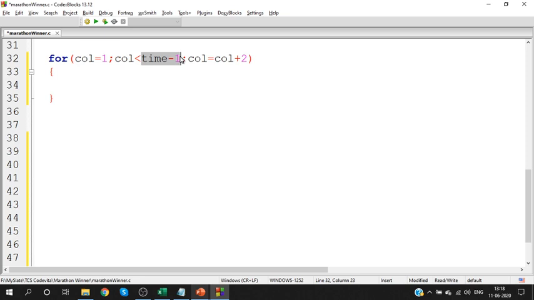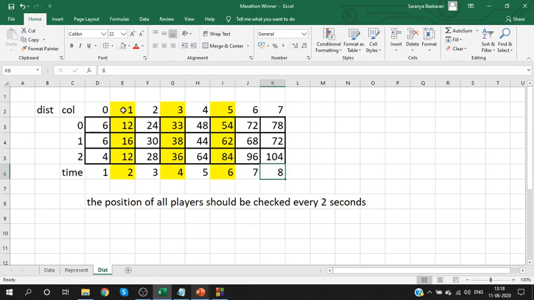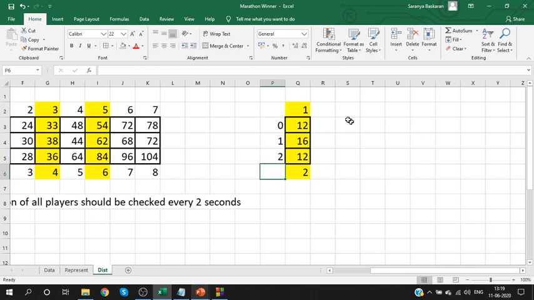This is clear? So when you do this, we'll start from first column, then we'll go to third column, then we'll go to fifth column. Okay? In each column, what should we do? We are moving through the columns. For what purpose? To check the participant position. Yes, you need to compare the position of all the participants. Let me collect this data individually. Look at this data alone. Participant 0, 1 and 2. Okay. Look at this data alone.